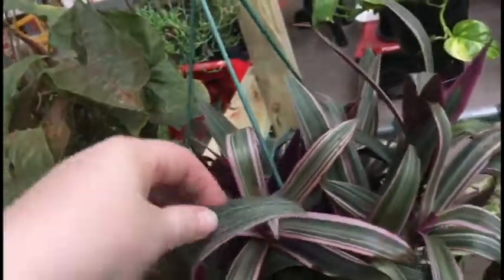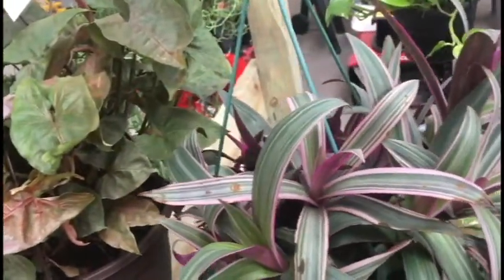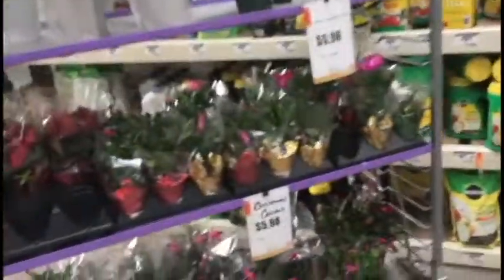Say what this is? It looks like, it says oyster plant. The colors of it remind me of a Tradescantia, but it's not Tradescantia shaped. Interesting. Got some Christmas cactus and orchids over there. A pineapple plant. Alright, so I'm not going to take too long because I don't want to... Oh, they've got more...